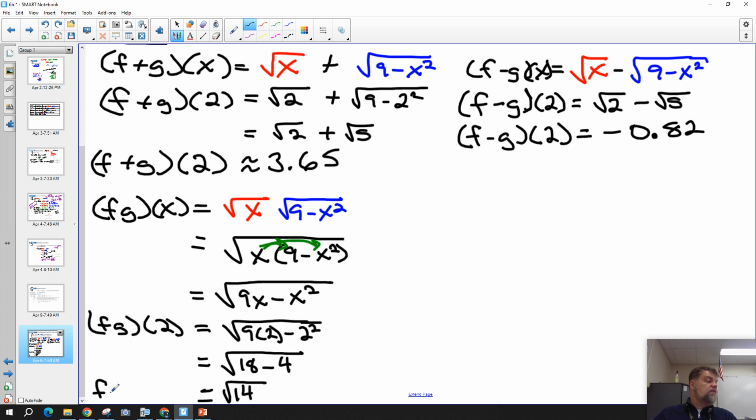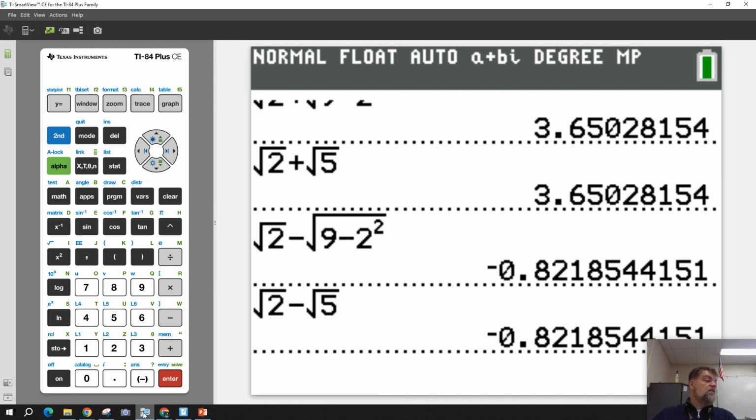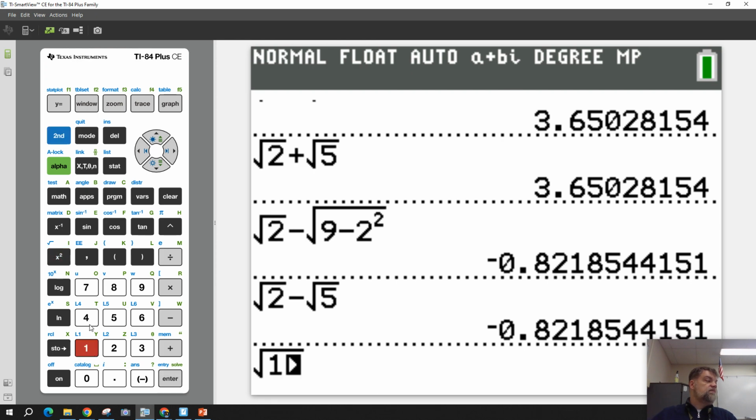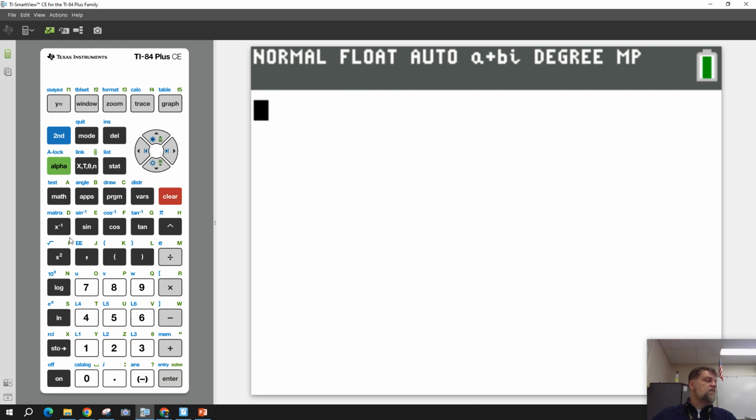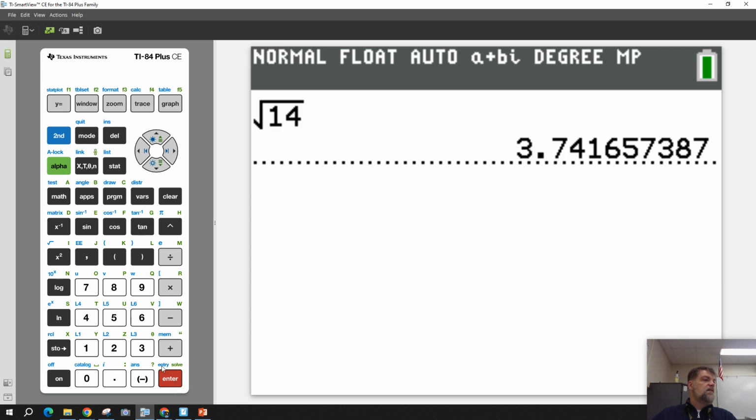So fg evaluated at 2 equals the square root of 14. Now they said round to 2 decimal places, so I'm going to have to plug this in my fancy calculator to see. So if I just say the square root of 14, I get that answer. Let me clear this real quick and I'll hit enter again. So if I round that,